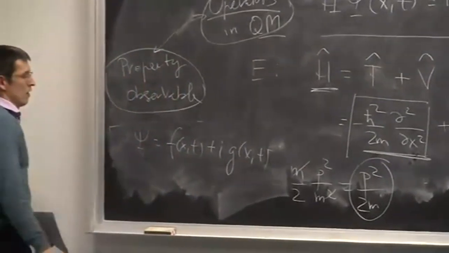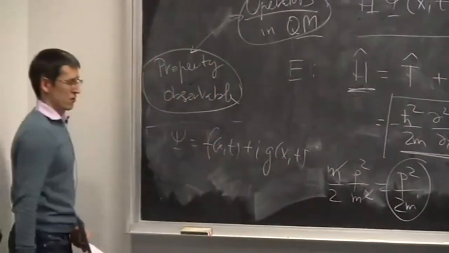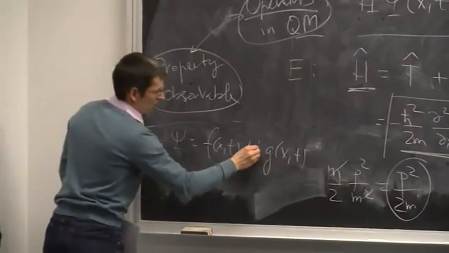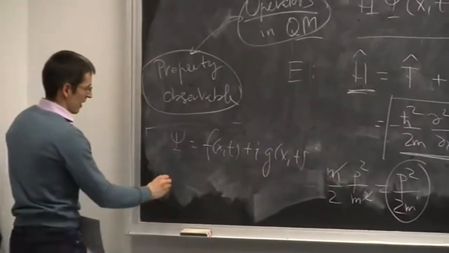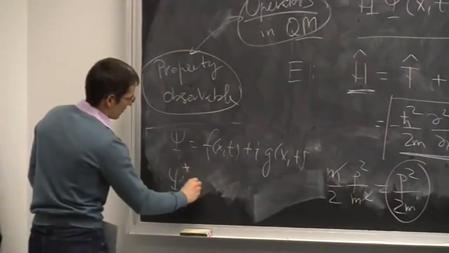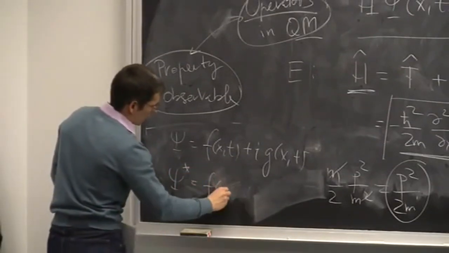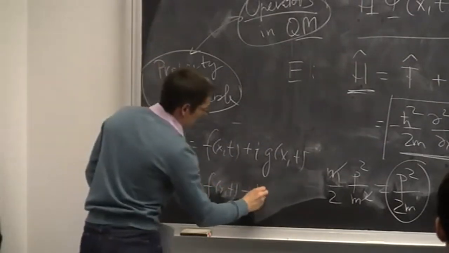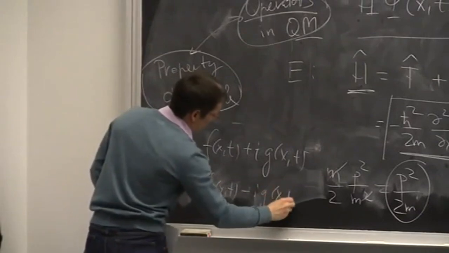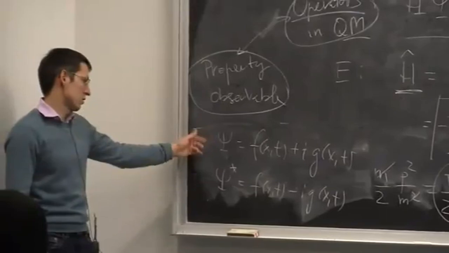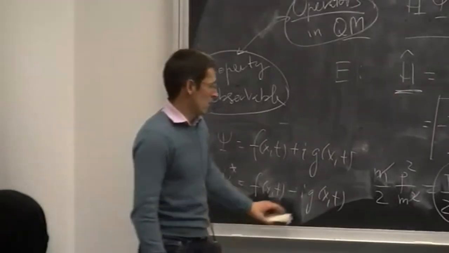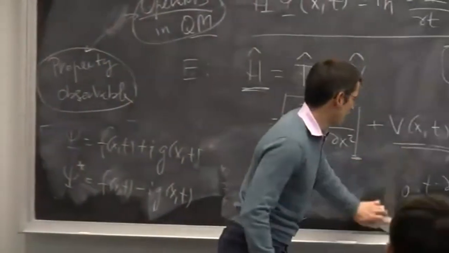So these functions are real functions, that's the condition, but the psi, because you have I, it can be complex. Now psi star is f of x,t minus I g of x,t, right? And here you go, you can do the multiplication and find that